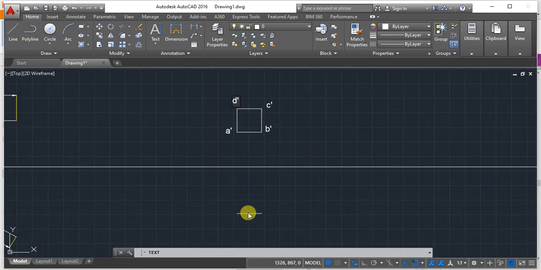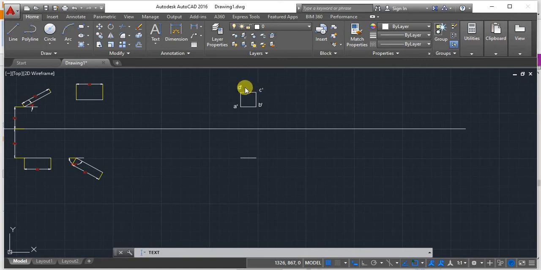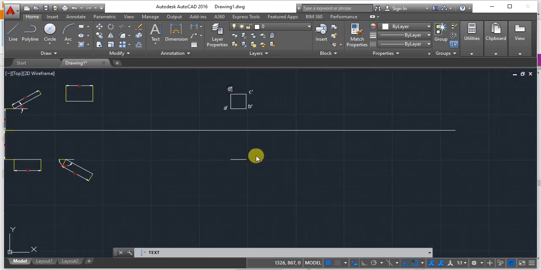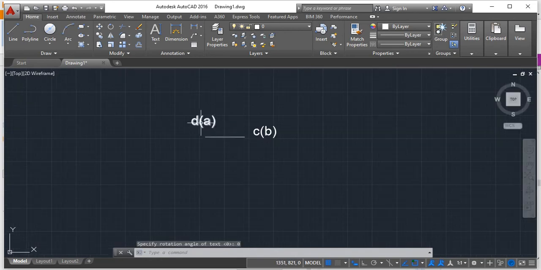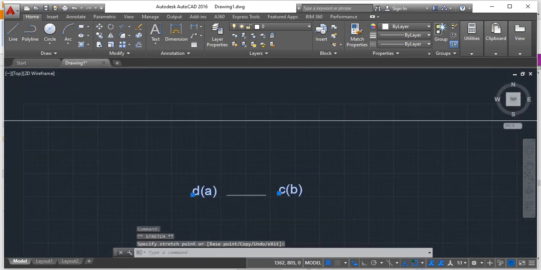Right. How will you notate this? It is lying on the same line. So C dash and D dash are visible and B dash and A dash are invisible. So just mark it, which is C, and make the B in bracket. Similarly D, and A in bracket. Right? So done. This is how you project the planes. There are different orientations and different angles for this. You just follow the YouTube videos for different views and different angles.